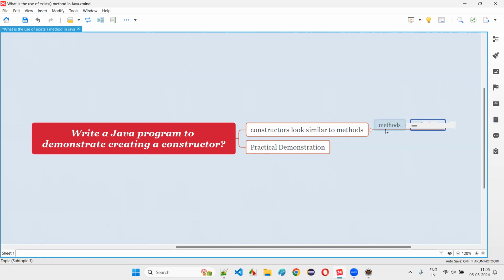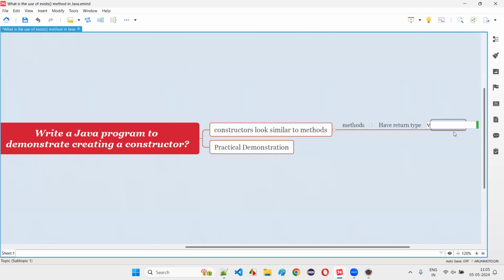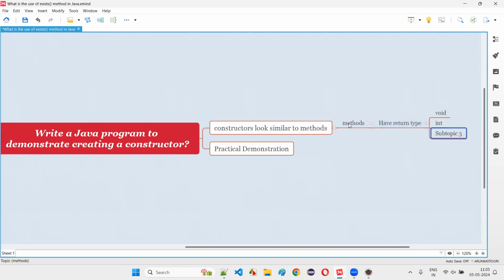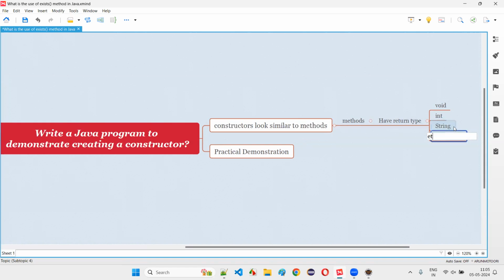Methods have a return type. If a method is not returning anything, we generally mention void. If a particular method is returning some integer value, we'll provide the return type as int. If the method is returning some string text, we'll provide the return type as string, etc. So methods contain the return type. But